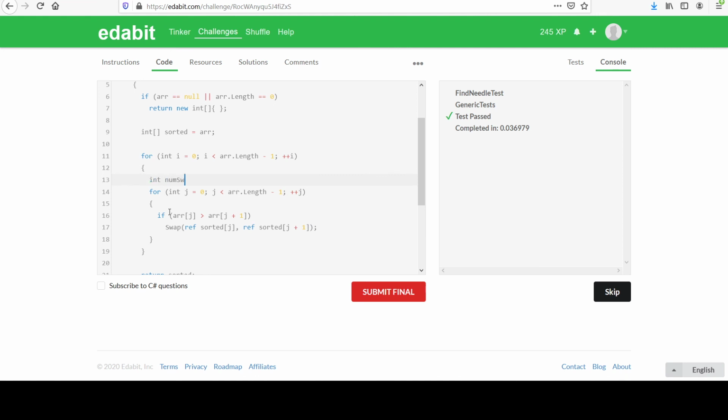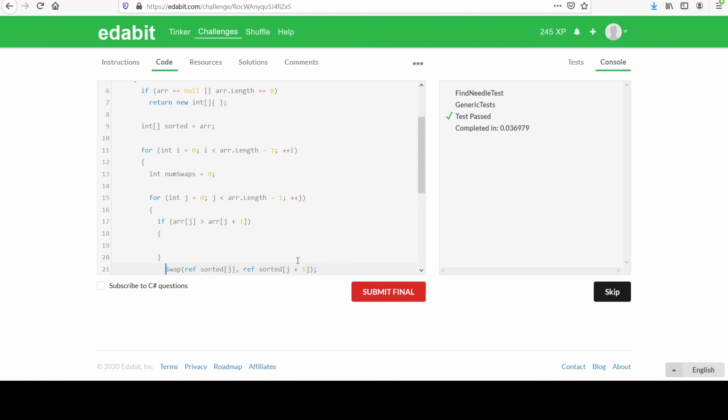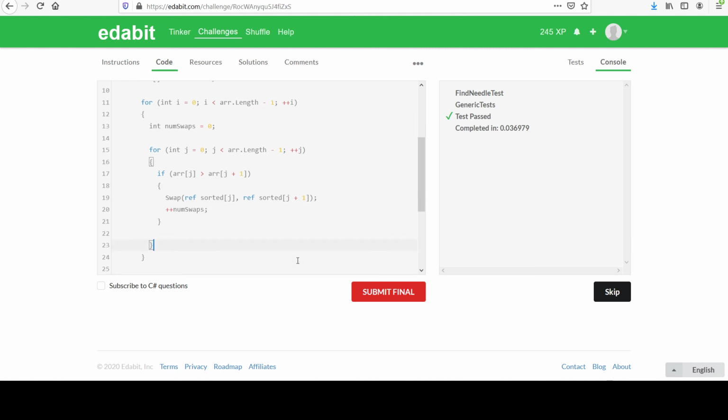int. I'm gonna make this variable that counts the number of swaps for any given pass, right? This outer loop represents the passes, and so every time I do a swap, I'm going to increment that value. Swaps. And then